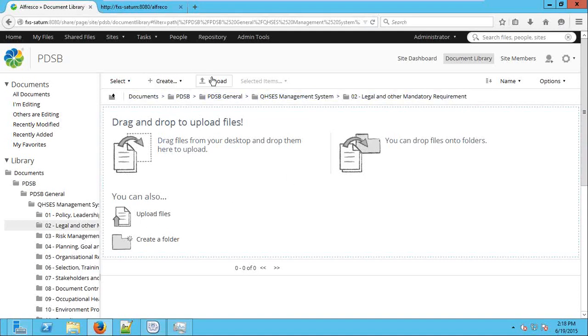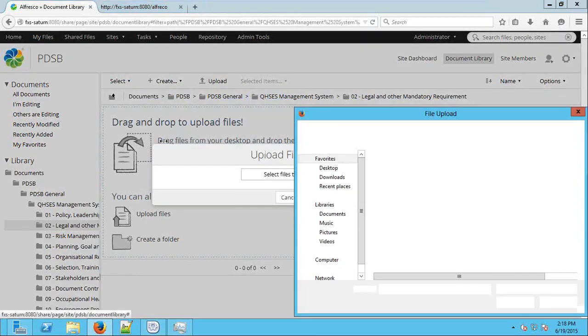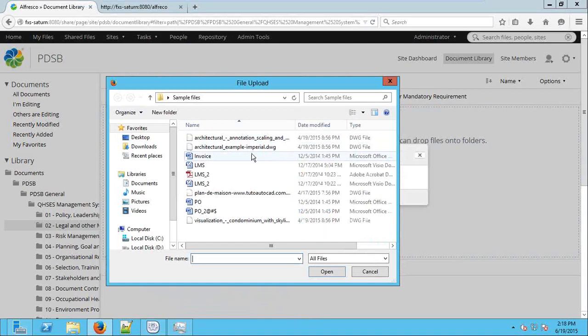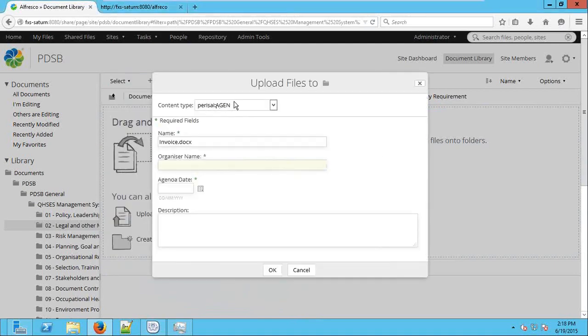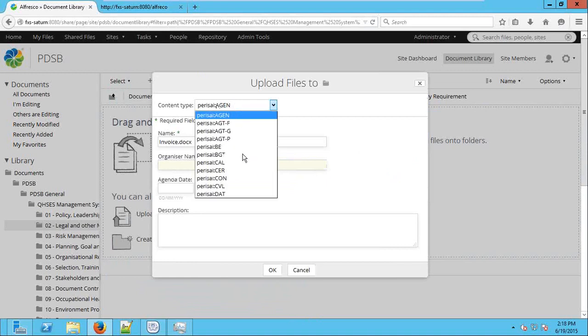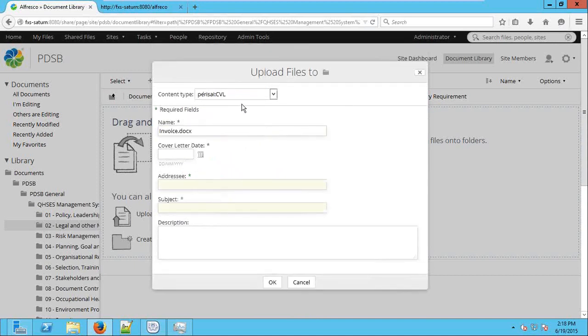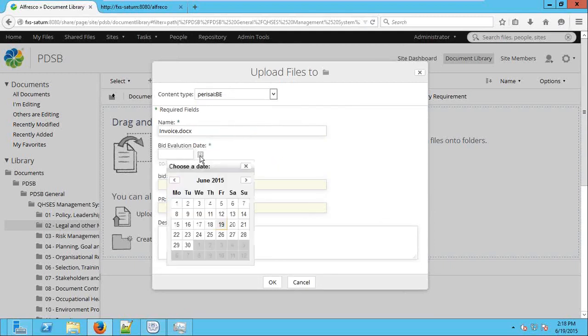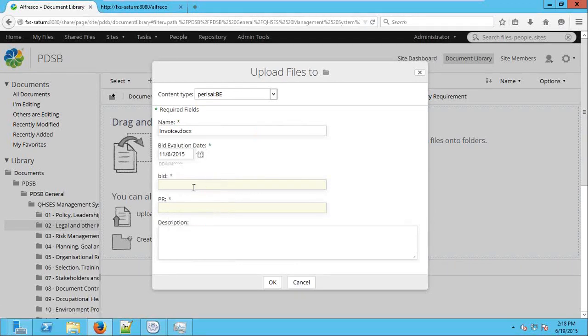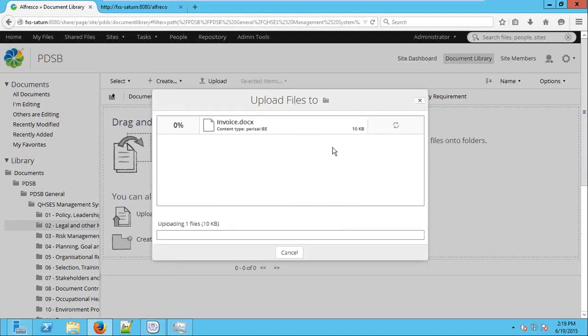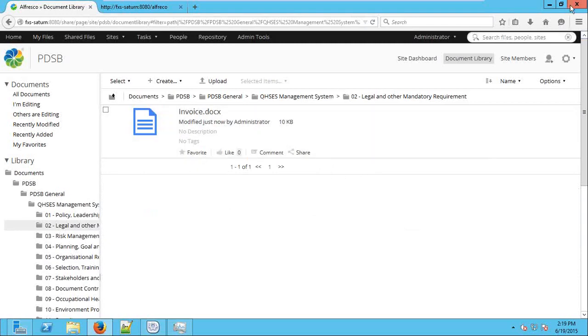You can upload a file, the conventional method. You can select a file and maybe an invoice. So it gives you a metadata form which is dynamically generated, shows you the document types, and based on various document types, the metadata form basically changes automatically. So now we see metadata only related to this particular business unit. Let me enter some of it. Lead evaluation date. 1, 2, 3. Okay. So that's the conventional method of uploading the file,